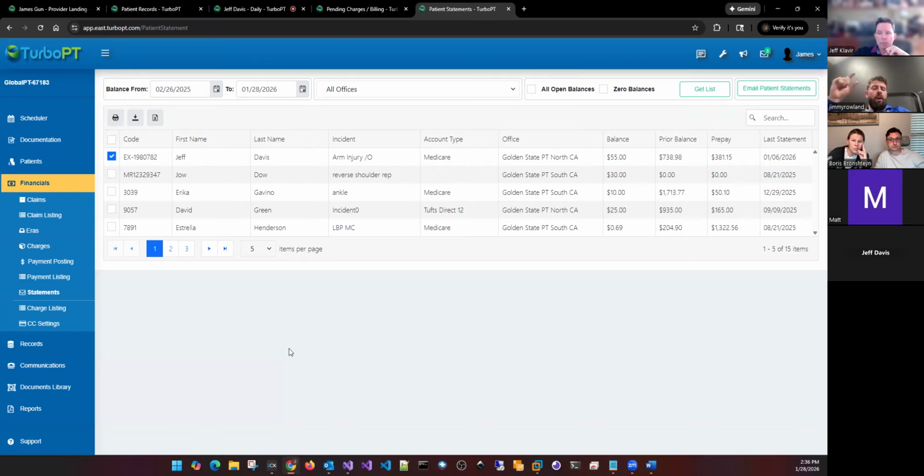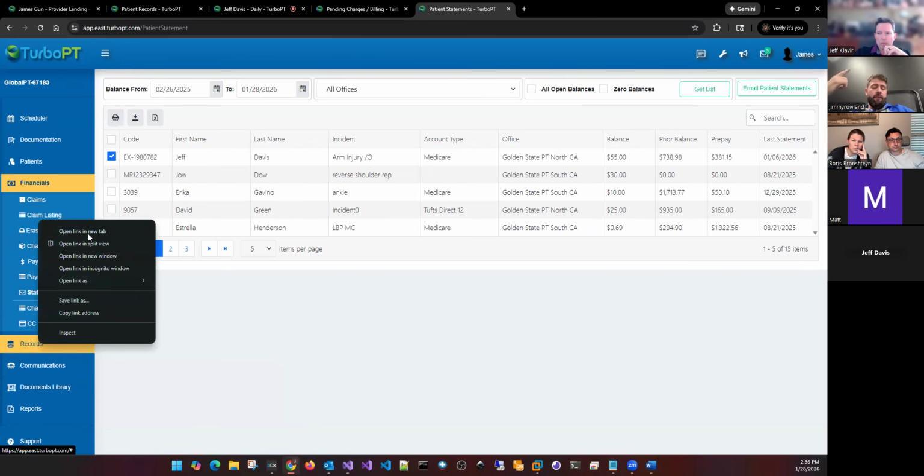Okay. Regarding packages, can you sell packages that are redeemable? You could. You would create a charge for that package, name it something, and apply that package to the account. Okay, but you would have to manually track it, is what you're saying? Well, you could bill that solid dollar amount, and then